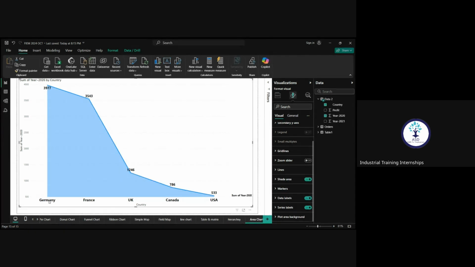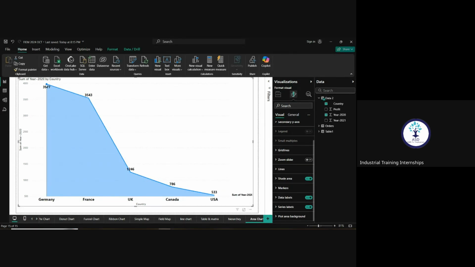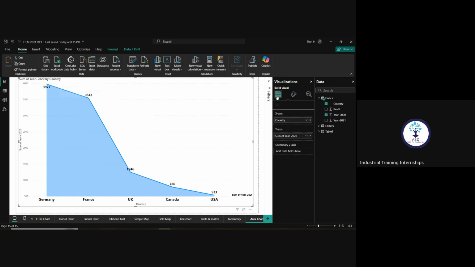If Germany in 2022 sells this, France this, UK this, Canada this, and USA this, so your trend is related to this particular area. Okay, now I want to compare this particular 2022